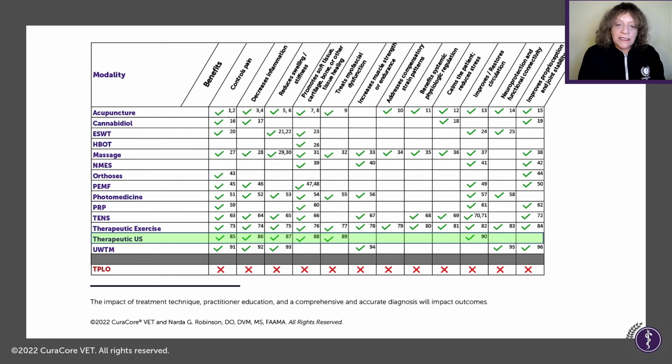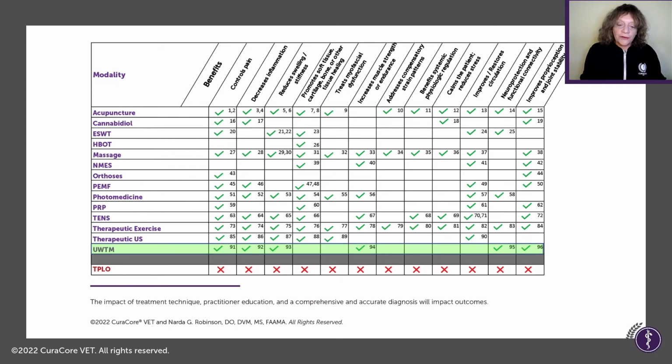Therapeutic ultrasound has a number of values in terms of healing and just those tissue effects, pain, inflammation, swelling, all that. And underwater treadmill is very good for the endurance, as we said, and can control the other problems just by that joint motion and exercise. Again, could be overdone or done poorly, so we need adequate training.